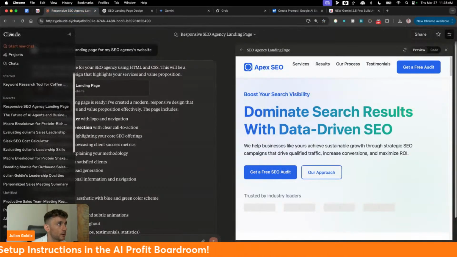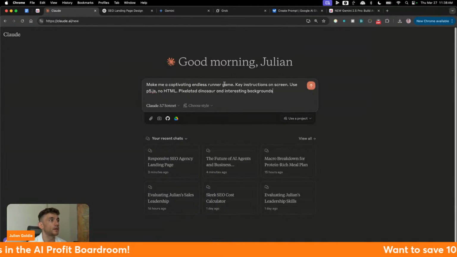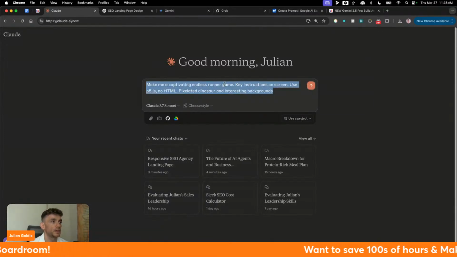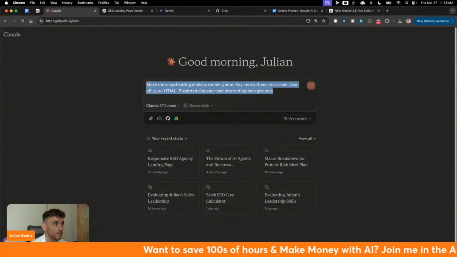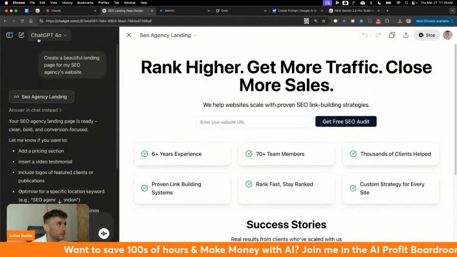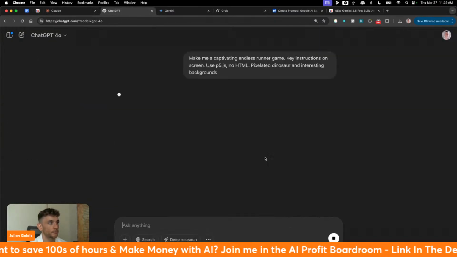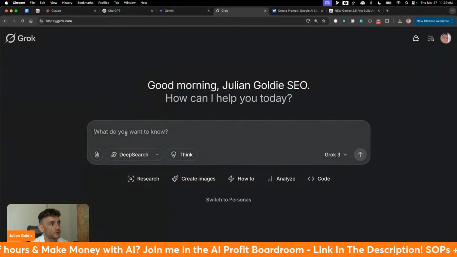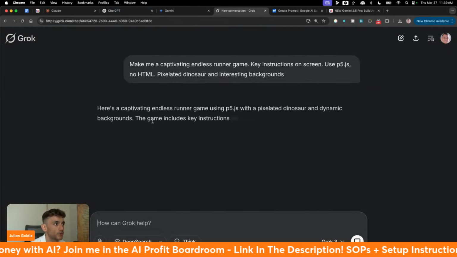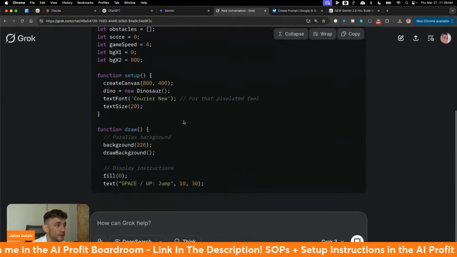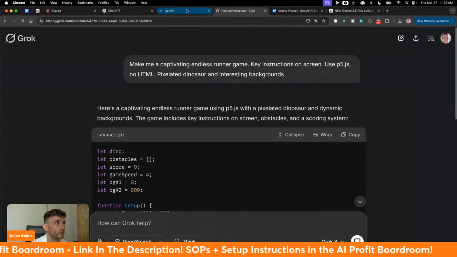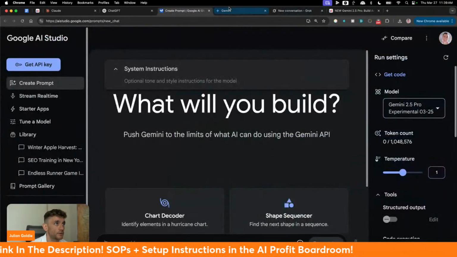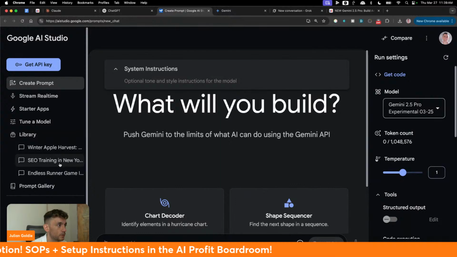Okay, so we're going to go inside Claude here, and I'm going to say, make me a captivating endless runner game. Key instructions on screen: use P5.js, no HTML, pixelated dinosaur, and interesting backgrounds. We'll use the same inside ChatGPT 4.0. Grok, I dread using it. I don't know what it's going to come back to me with. Oh yeah, look, it's actually doing its magic now. That is surprising. And then if you want to see the output from Gemini 2.5 Pro that I've already done,